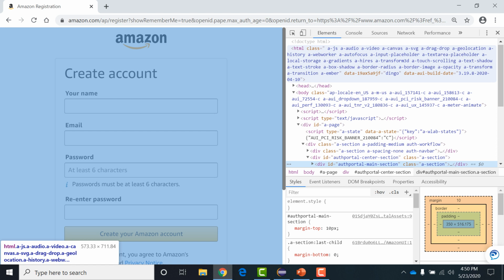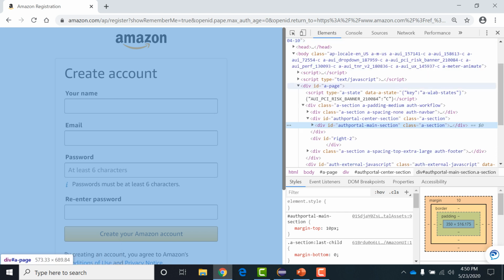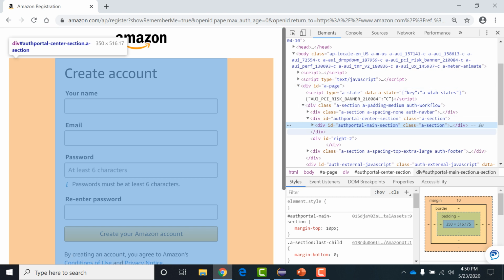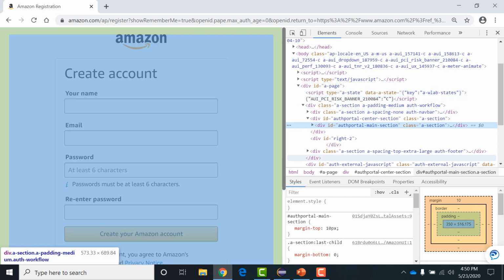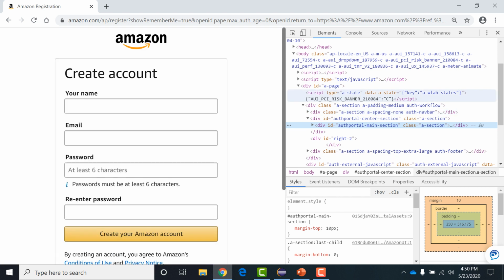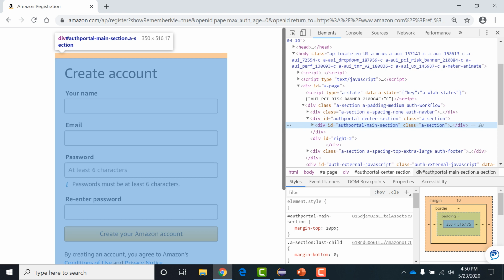And apart from this, the main drawback is it searches like this: scripts, inside that there is a div element, div. So this will be the hierarchy. But if the particular div element got deleted, then the entire hierarchy will break. So that is the drawback of using absolute XPath.